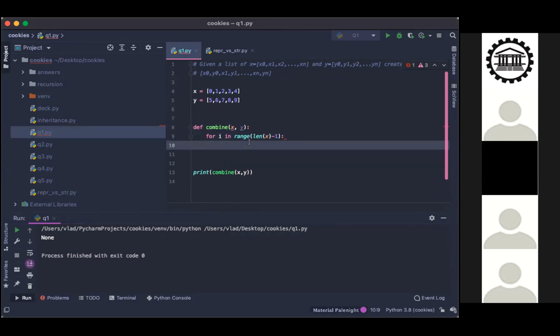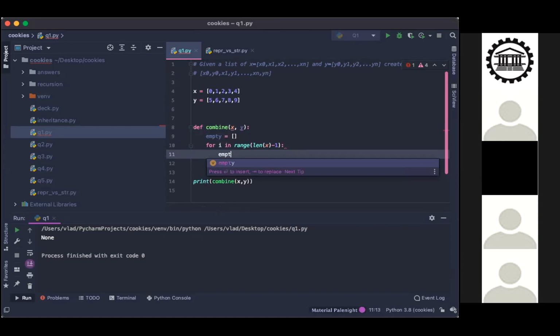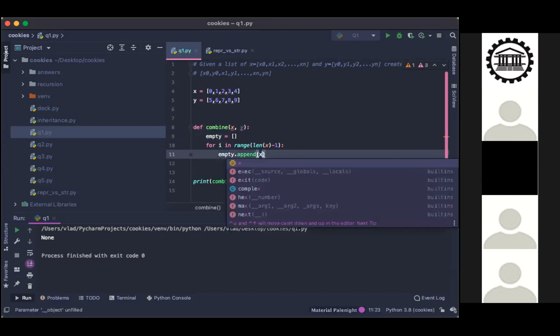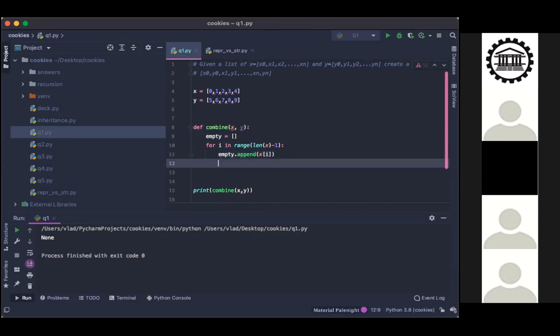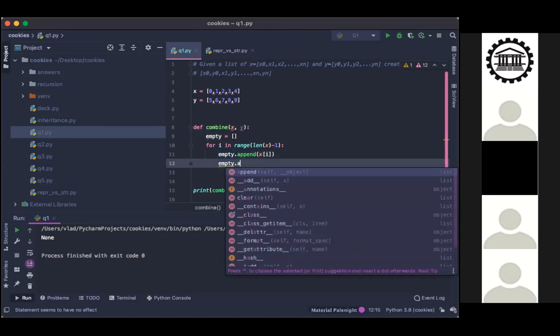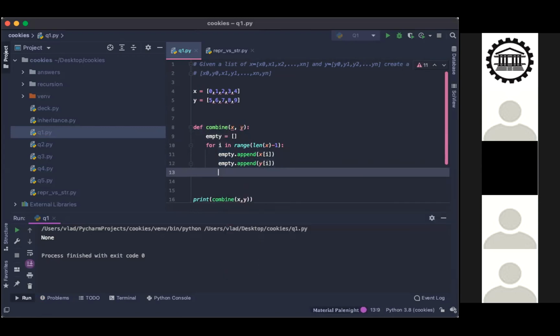Yes, so before that, sorry, I apologize. Before the for loop, could you create an empty list? Empty equals empty list. Okay. So empty dot append x square bracket i, and then empty dot append y square bracket i.